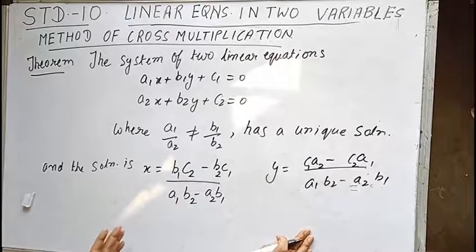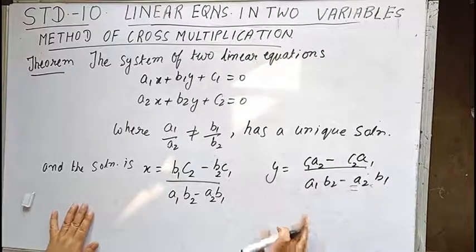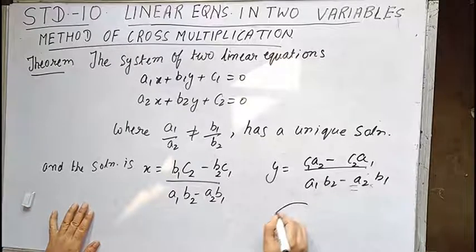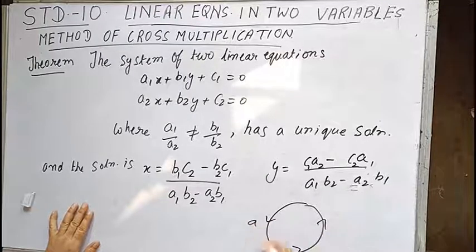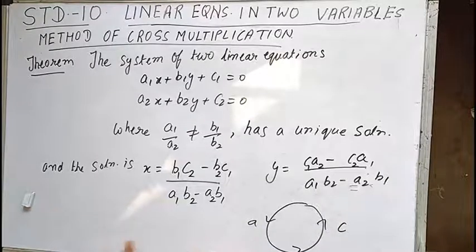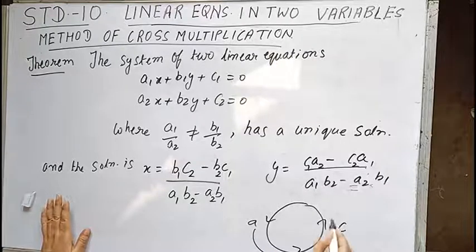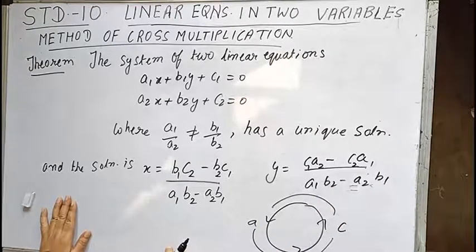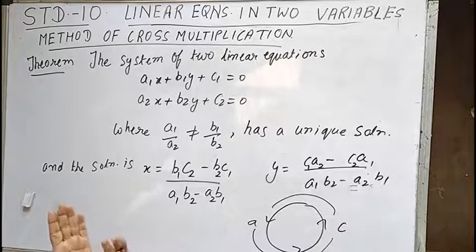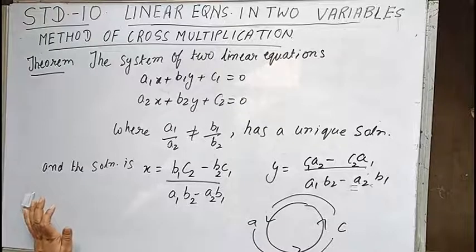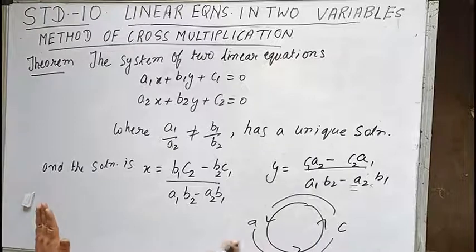Now the question must have arisen: why did I not write AC and instead wrote CA? Children, remember this pattern: A, B and C in the anti-clockwise direction. Whenever we take the product of any two terms, we consider this direction only: AB, BC and CA. I think you understand. If we take the reverse direction, we have to take the negative sign. So don't think about that. If I am taking AB, I will take BC, then CA, that is, anti-clockwise direction: AB, BC and CA.